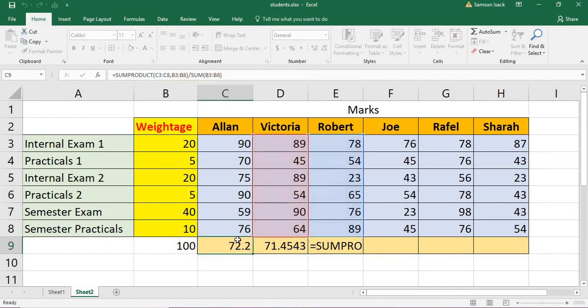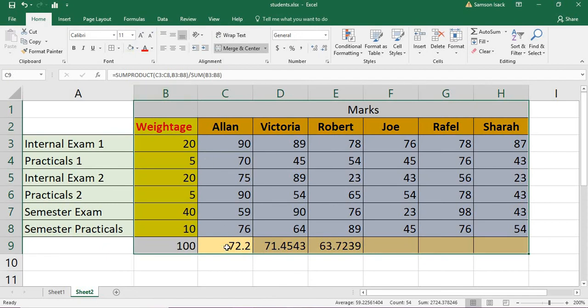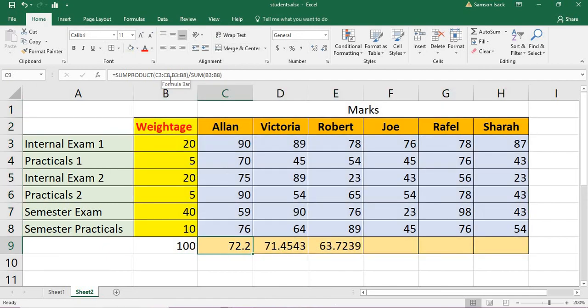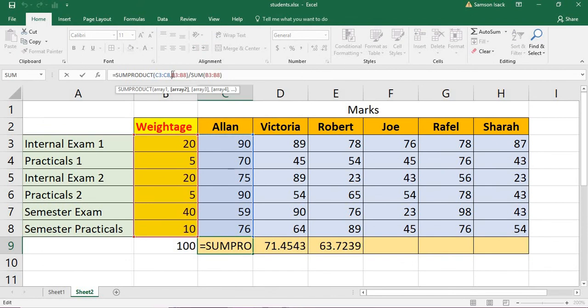Then you decide which is the relative position. Marks, when you calculate for Victoria, has to be D column, but weightages always sit constant, on the B column. So you need to introduce a dollar sign to tell the Excel formula that when I drag and drop the formulas to the next position, don't change this one. It is always absolute position. So for that I use